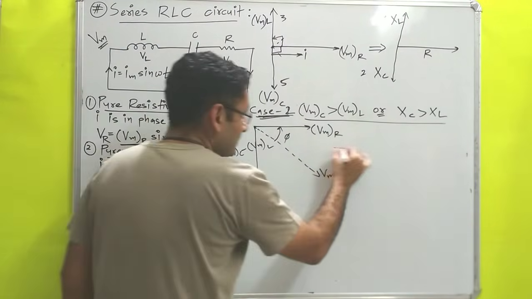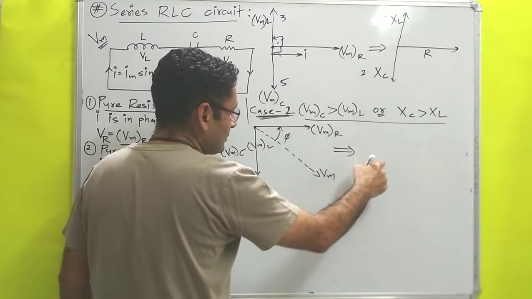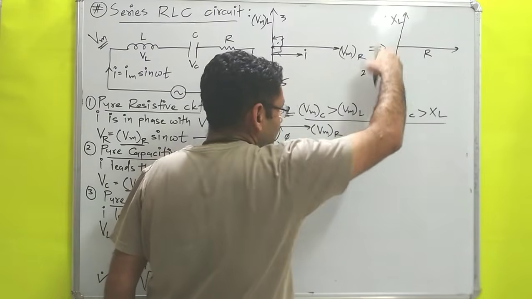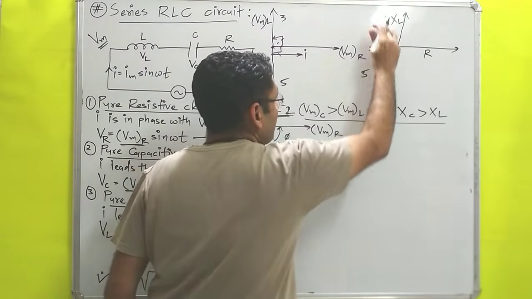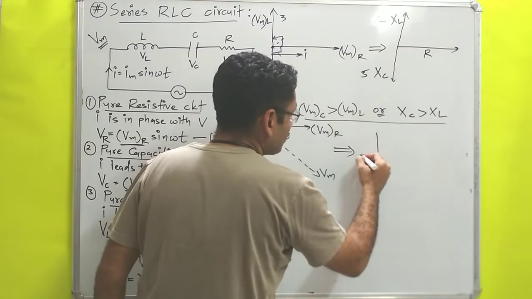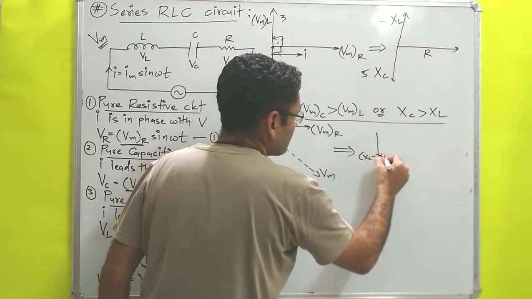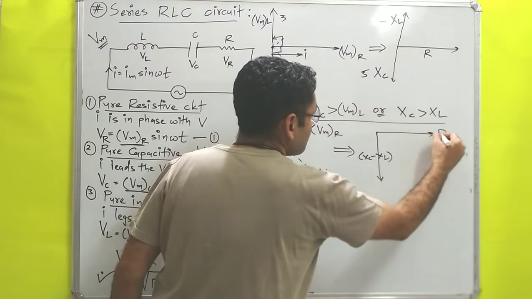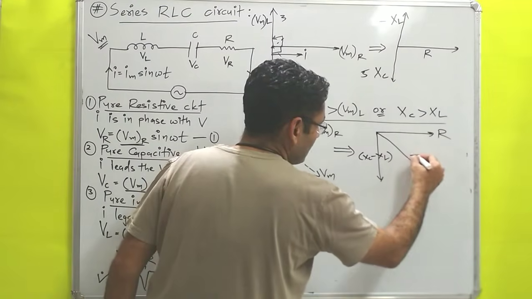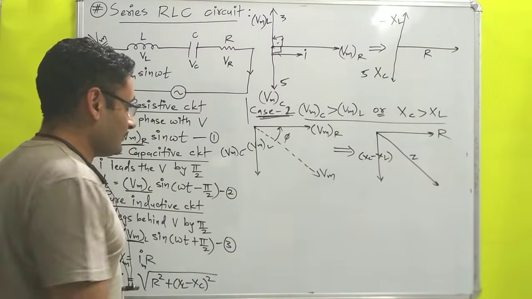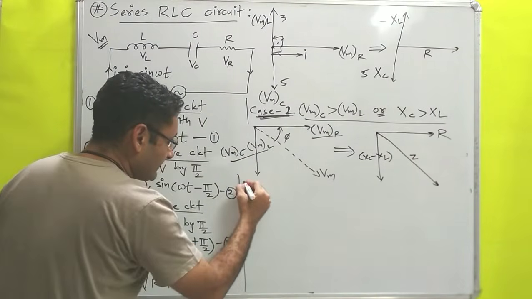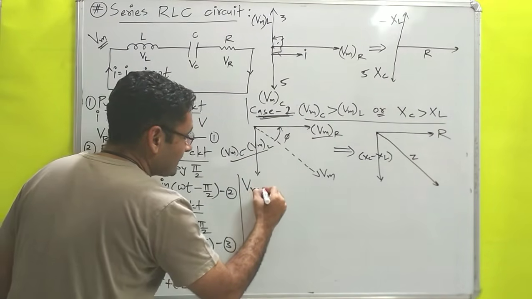Similarly, we can draw the graph over here also. How? XC is greater than XL, so the resultant will be downward. So I will draw one downward vector which represents XC minus XL, and that is your resistance, and the resultant of this resistance is known as impedance, which is Z. Okay, now you have to add these two vectors. So how will we add them to find the magnitude? You know very well that Vm is equal to what?